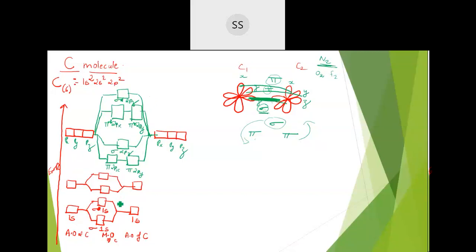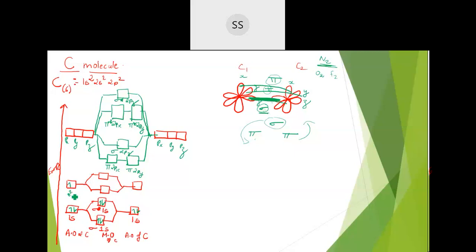Now we will start filling the electrons in this orbital. See, 1s has 2 electrons. So 2 electrons in 1s and 2 electrons over here. So altogether we are having 4 electrons. Fill that in the MOT orbital, molecular orbital of the carbon. So you'll get altogether 4. It's been filled. Okay. Next one, come to 2s.